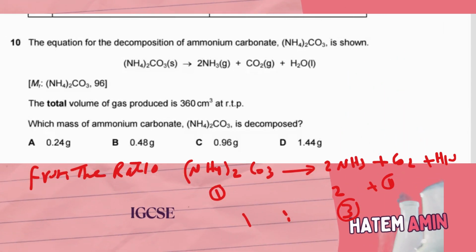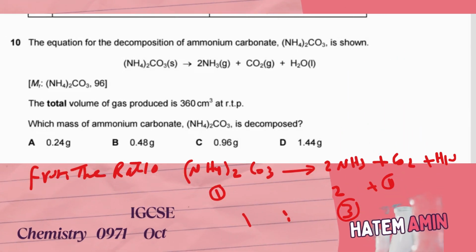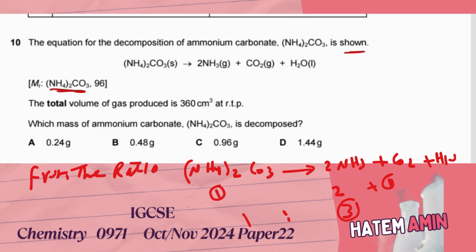The question is, the equation of the decomposition of ammonium carbonate, (NH4)2CO3, is shown here, and this is the molar mass for ammonium carbonate. The total volume of gas produced is 360 centimeter cubed at room temperature. Which mass of ammonium carbonate (NH4)2CO3 is decomposed? So how can we find the mass? As we know, mass equals number of moles multiplied by